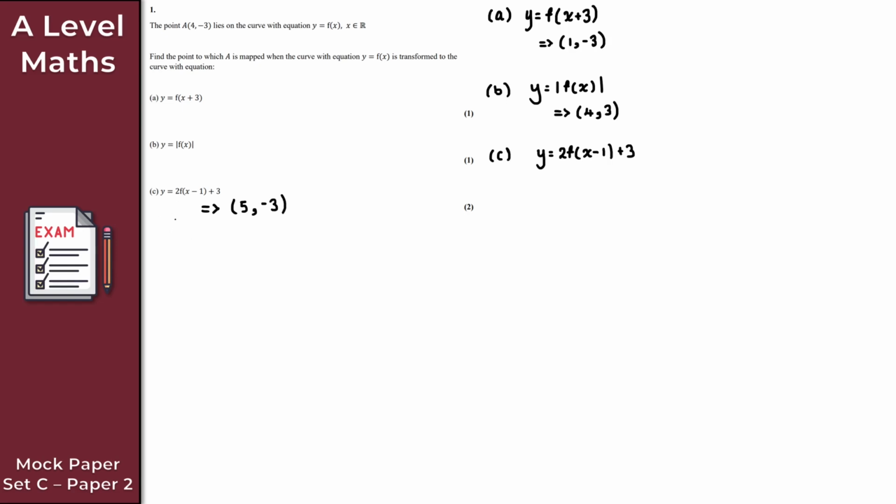We then apply the stretch here, that's this 2 on the outside. So this 2 here, what that does is it just times the y coordinates by 2, right? That's how we apply this stretch. So I get 5 minus 6,